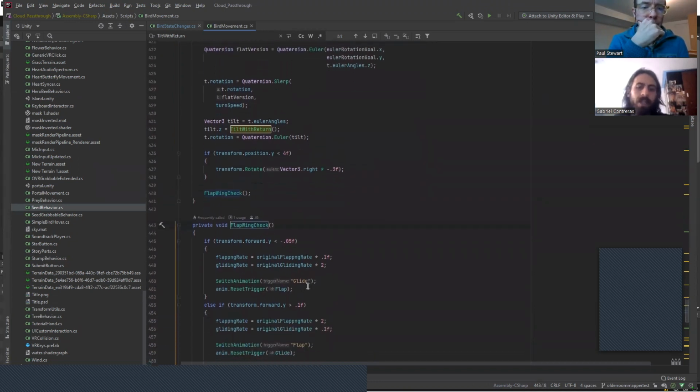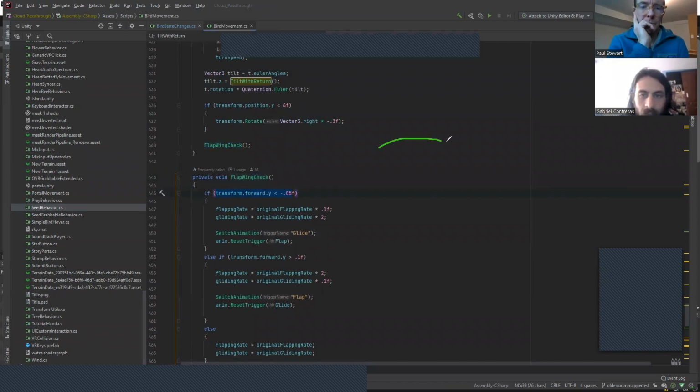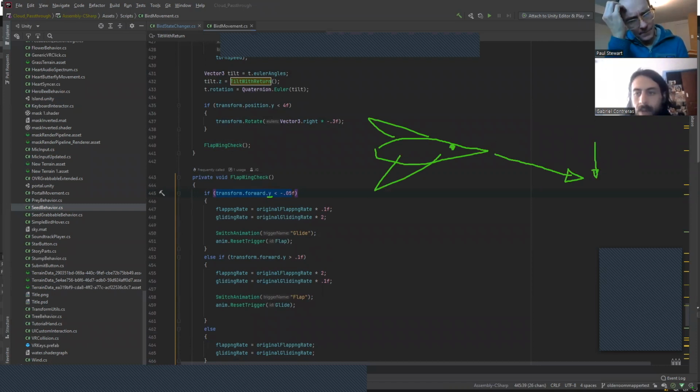Let's see what flap wing check does. Oh, okay, this is cool. So we get the forward vector. We can draw a little eagle. If the eagle is facing a little bit down, we get the y of that vector, whichever way it's going. If it's less than 0.5,